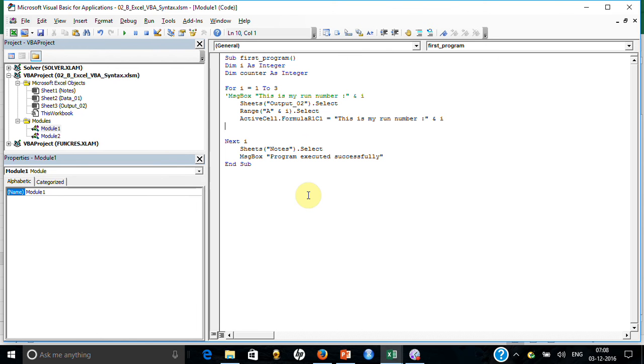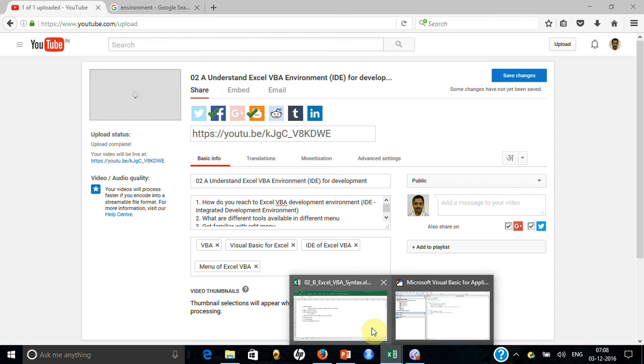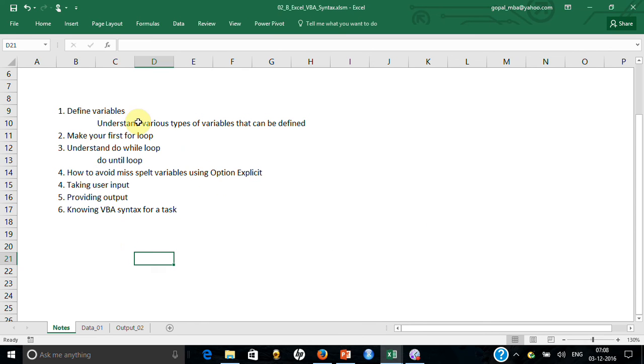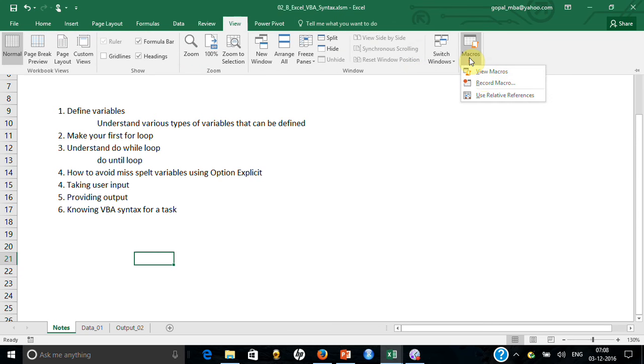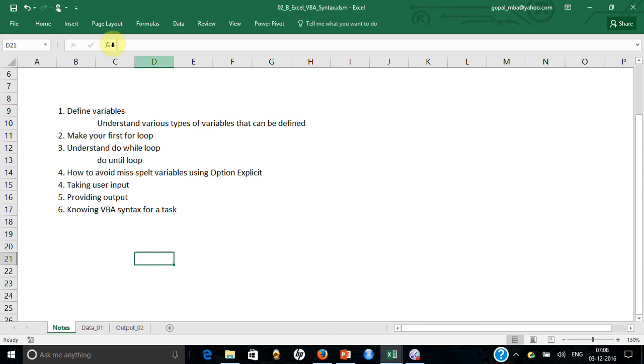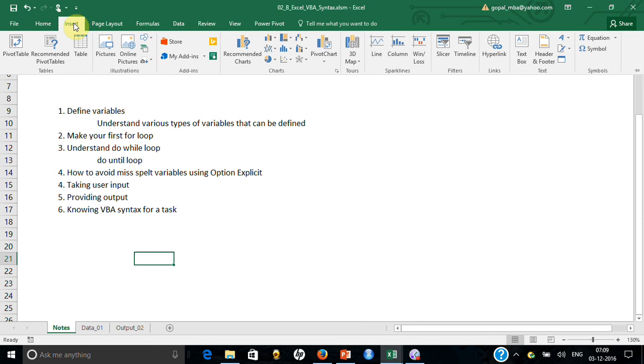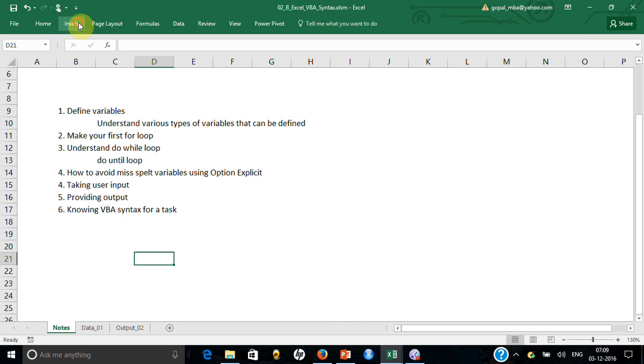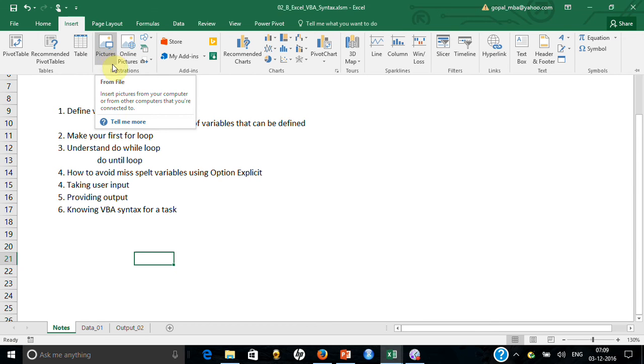Now there can be various ways of running the program. You are seeing one way, where I am going and showing you all the time like this. There is one option that I have shown you, that I can set an option like Control K, and I can do one more thing. Let me show you one more very interesting way of doing that. So what I can do is Insert, and this time let me insert a shape. Let me just come to this shape here.